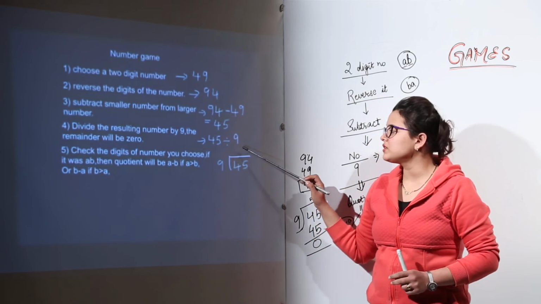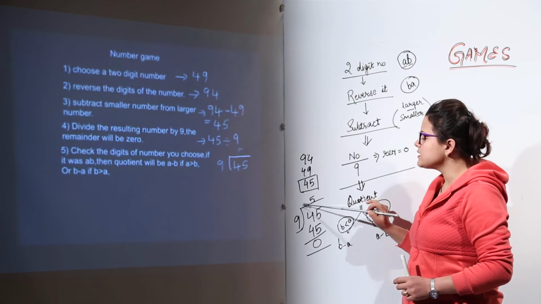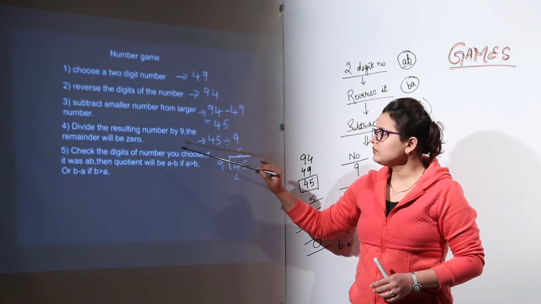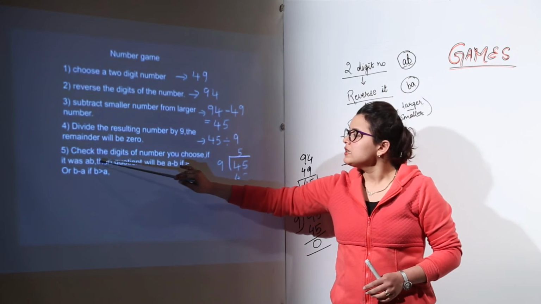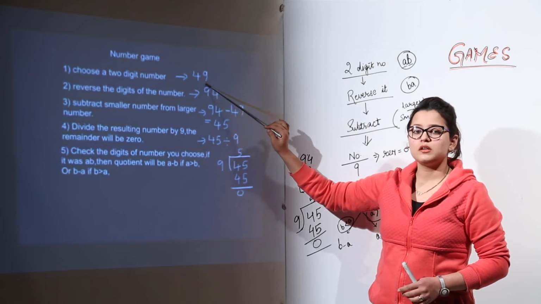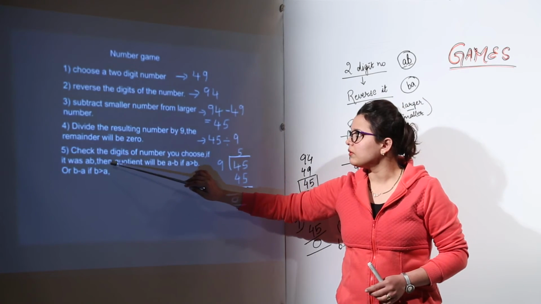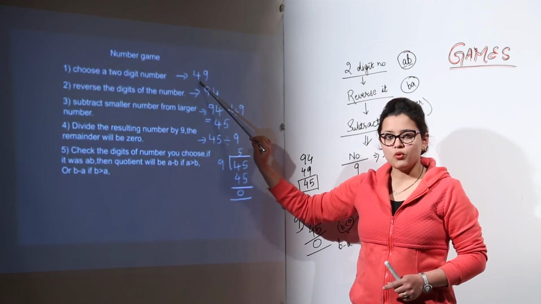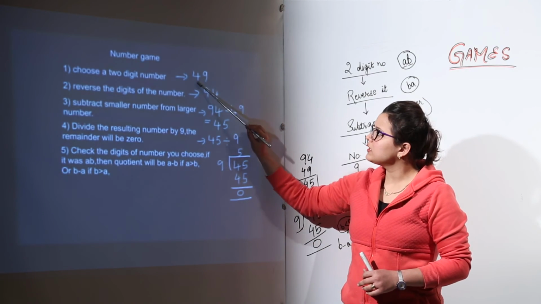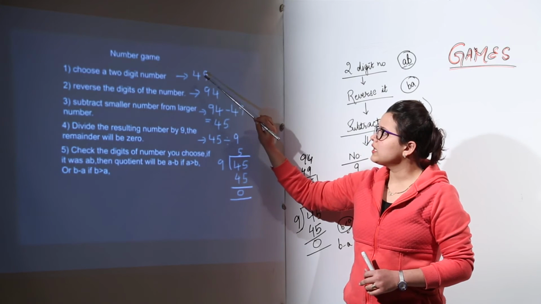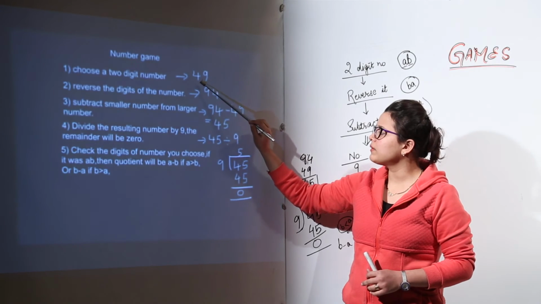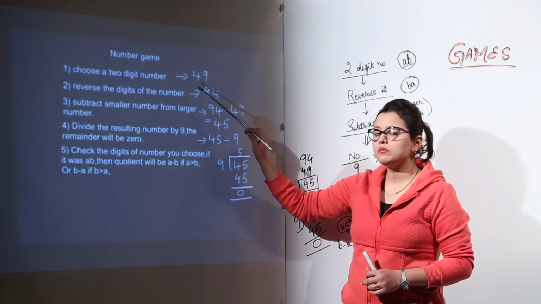What about the quotient? See, we have already got our quotient as 5, but I want you to understand the case. You can tell anybody that if the number is taken as AB, what was the original number taken up here? It was 49. Over here, A is 4 and B is 9, right? So we check the numbers of both. If B is greater, the quotient that we are going to get will be 9 minus 4. So what is 9 minus 4?